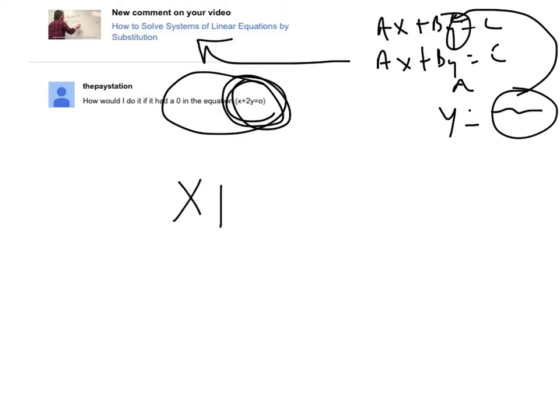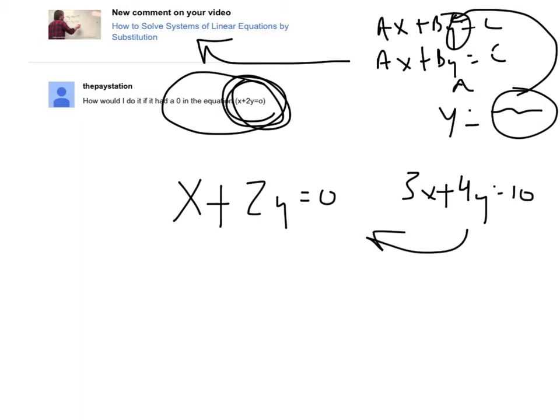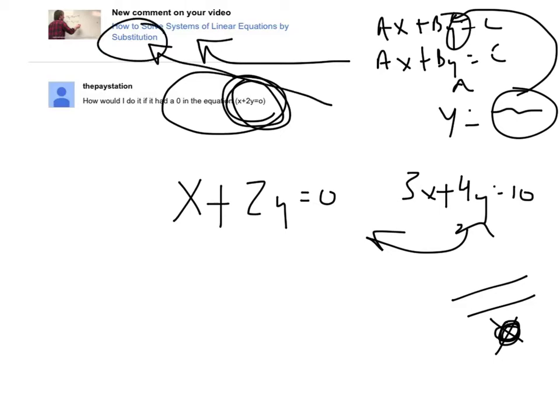You've got x plus 2y equals 0, and they didn't give me another equation, so I'll just make one up. Let's say it's 3x plus 4y equals 10. I can make that up because these two lines are most likely not parallel, which means they will cross at some point, and I'm going to find the point where they cross. What you would do is just work it like a normal equation. I'm doing it by substitution, so I'm going to guess that's what you want.